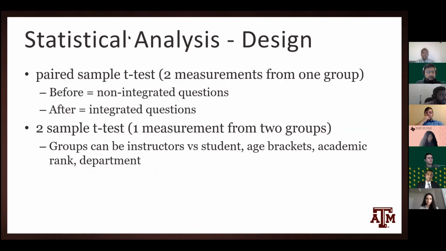And the reason I do this is because I'm using a paired sample t-test, which is essentially taking 2 measurements from a single group. The most common example for a paired sample t-test is, say you want to administer an exercise program to a sample. You first measure the before weights of the people, and then you administer the exercise program, and then you measure the after weight. And then you see if there's any difference between the before and after.